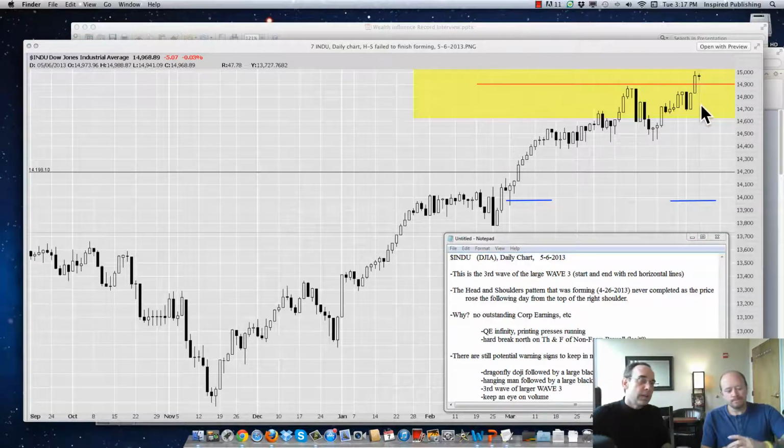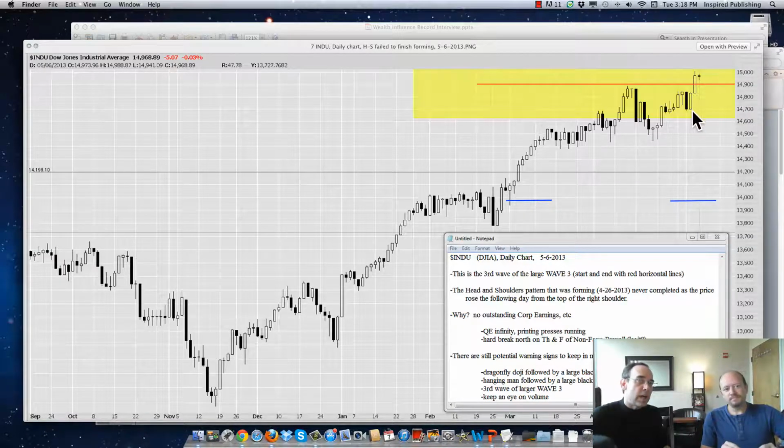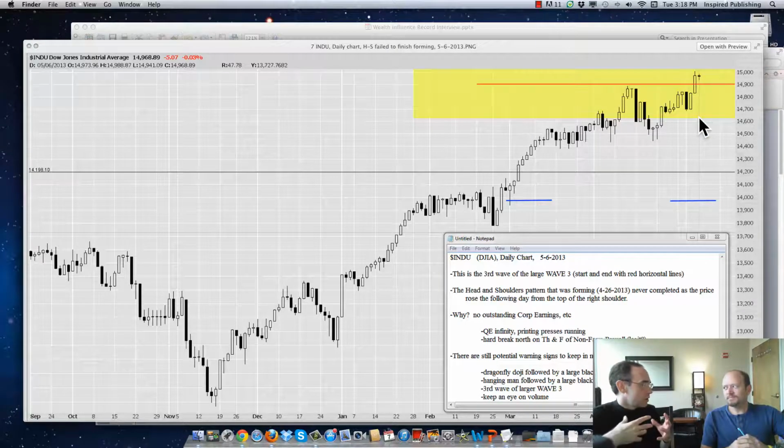Well, the only thing I'll say, Randy, is that these two large candles happen to occur on Thursday and Friday of non-farm payroll. And again, I don't want to go too deep into this, but non-farm payroll happens every month, and it's the jobs report. In other words, it's where they release the jobs report to judge what's going on with the economy. So when you have price movement occur on something like that, it can be revised, it can be changed. You wonder if that's really that legit or not.